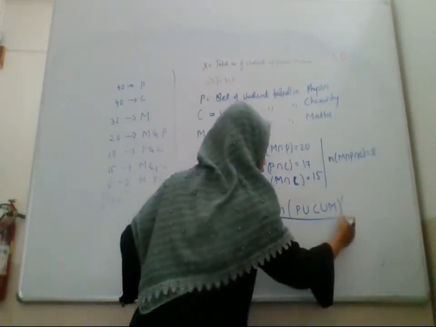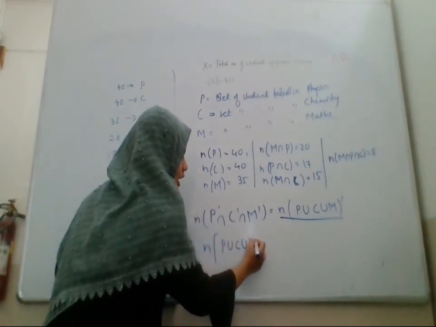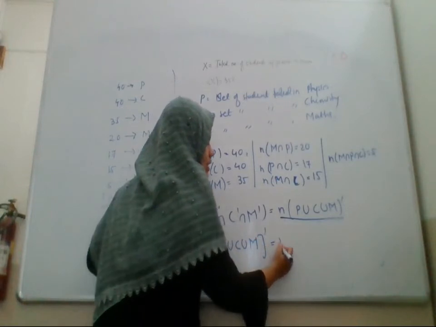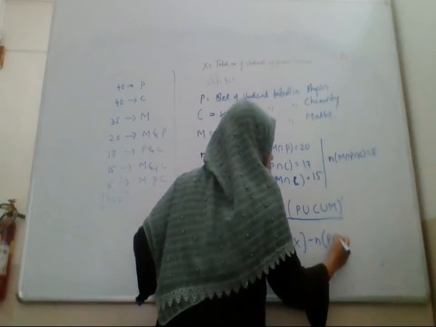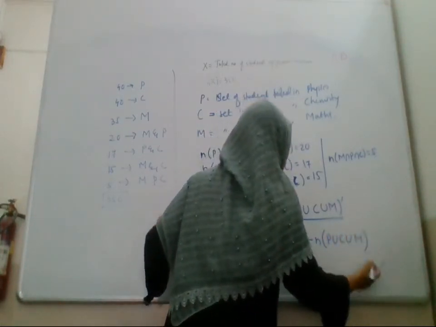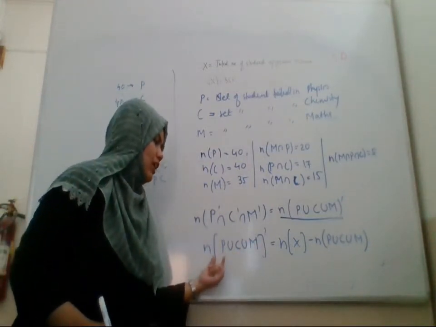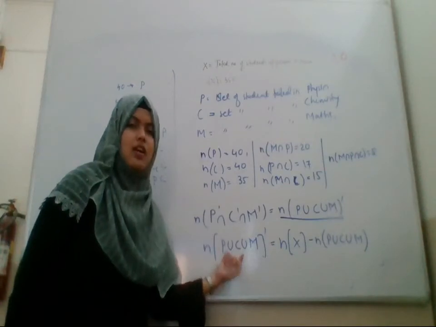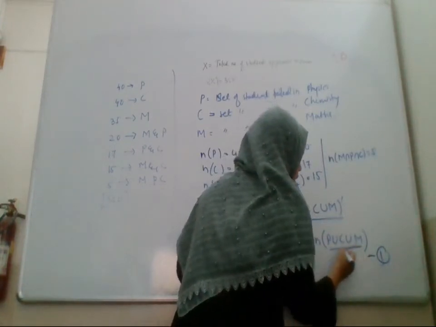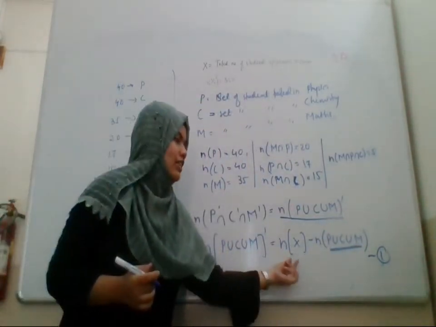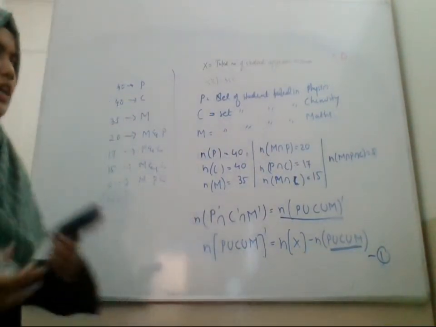So here to find this, what we will do? Therefore, cardinality of (P union C union M) whole complement is equal to the universal set में से ये वाला सेट को डिलीट कर दो. P union C union M अगर तुम डिलीट करोगे तो you will get the cardinality of its complement. Clear? So first हमको ये हमारा formula मिला, formula number 1. So we will find out this term. As we have n of X, 350 हमारे पास है, but we don't have this. So we will form that. हमारे पास union का formula है.